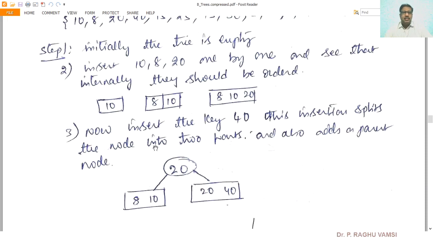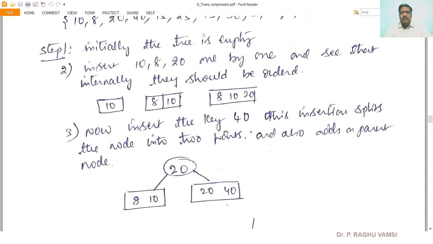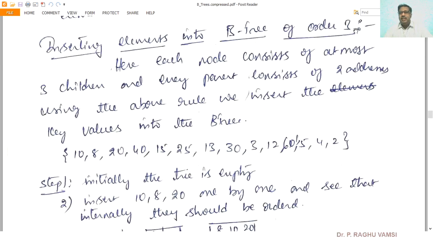Next, insert the key 40. This insertion splits the node into 2 parts. Why? This node already consists of 3 elements, and a B tree of order 3 can have at most 3 keys in every node.